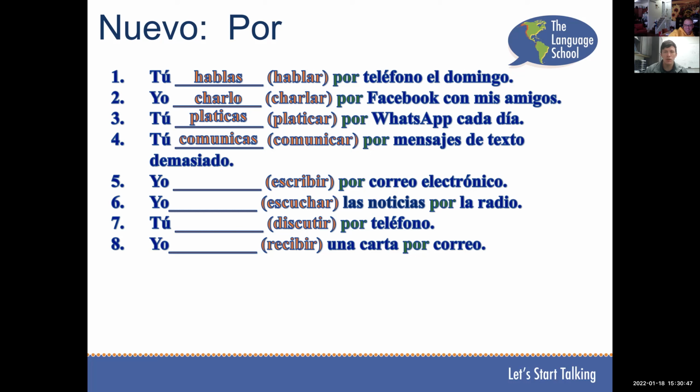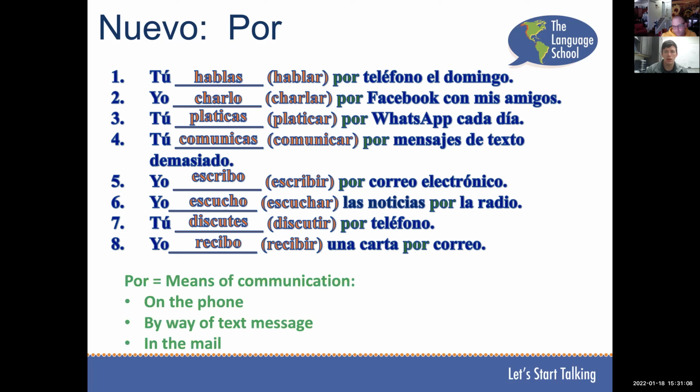Yo escribo por correo electrónico. Yo escucho las noticias por la radio. Tú discutes por teléfono. Yo recibo una carta por correo. Muy bien. So this word here, por, that we're seeing in all of these sentences is a very interesting